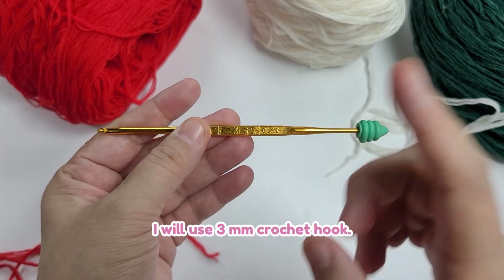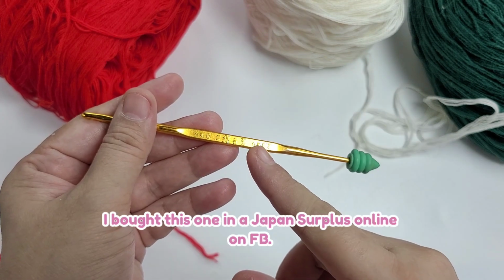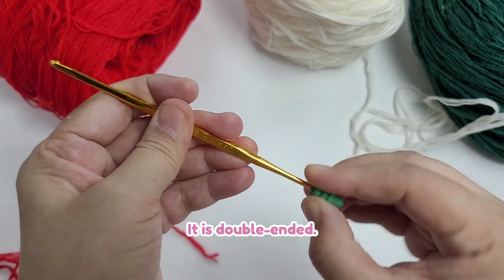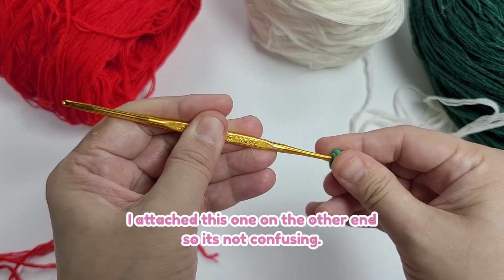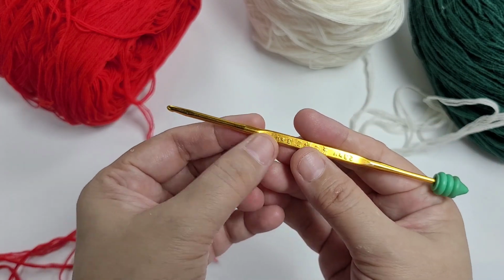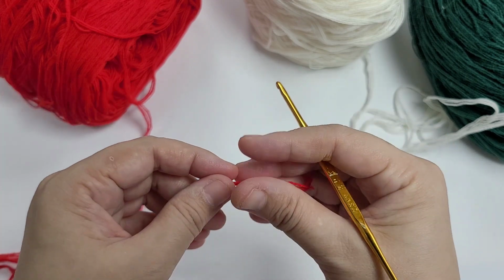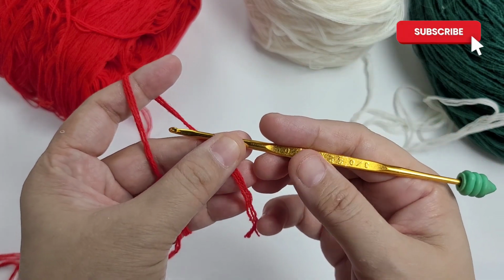For this project, ang gagamitin ko ay 3mm crochet hook. Itong hook na to, nabili ko sa Japan Surplus. Double head siya. Pero magkaiba siya ng size. So, nilagyan ko ng palatandaan para alam ko kung anong hook or anong side ang gamitin ko. It should be 3mm crochet hook. So, if you're using a different kind of yarn, use the hook that is compatible with the yarn that you're